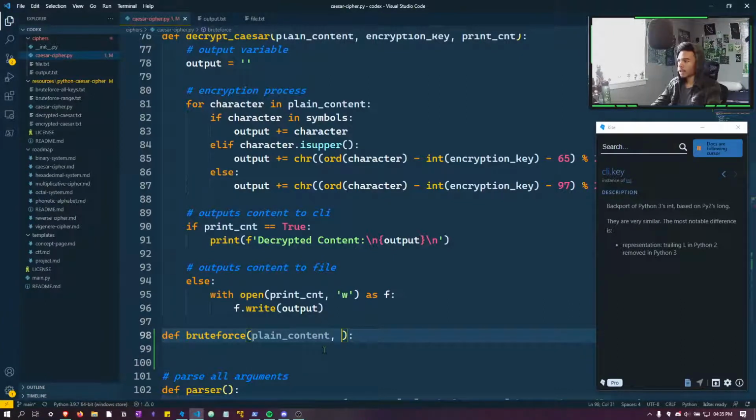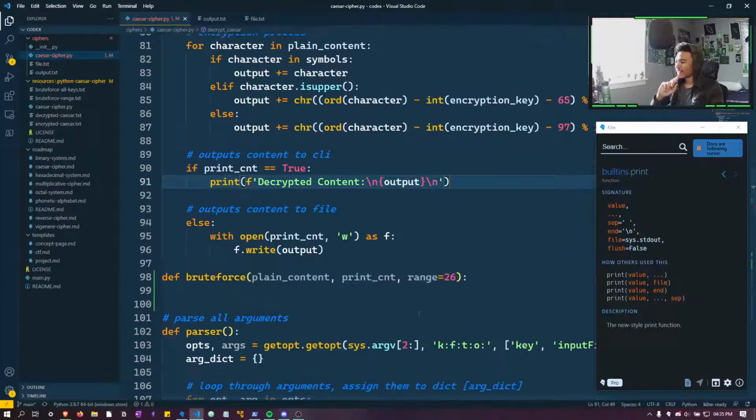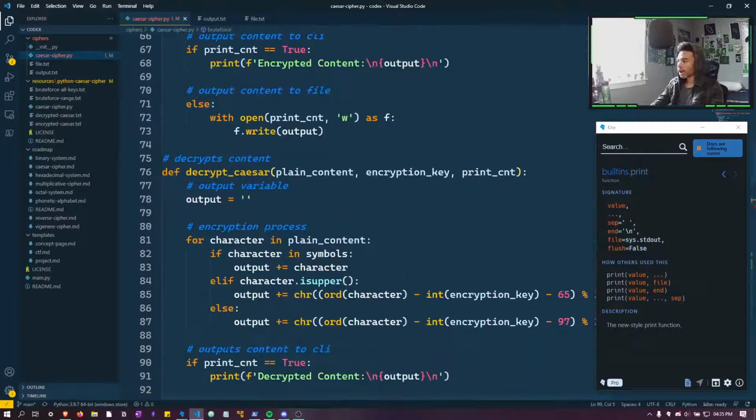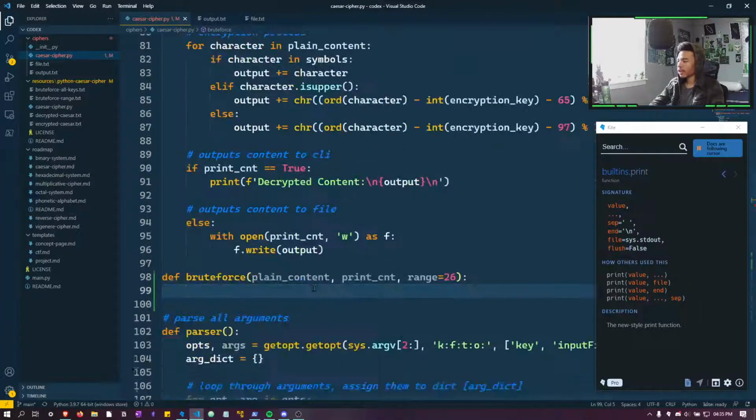What's next? So we got plain content. We don't need the encryption key. Print CNT, and then we're going to need a range. So range by default is going to equal 26, I think. We'll make that work in a second. So now we need to get this. So how do we use print CNT? So if print content is true, okay. So this is when it comes to the outputting. So we'll say outputs